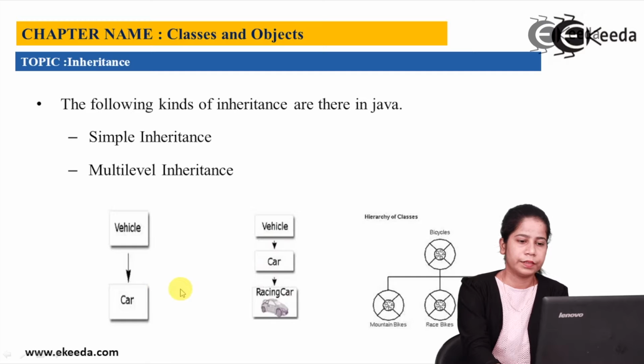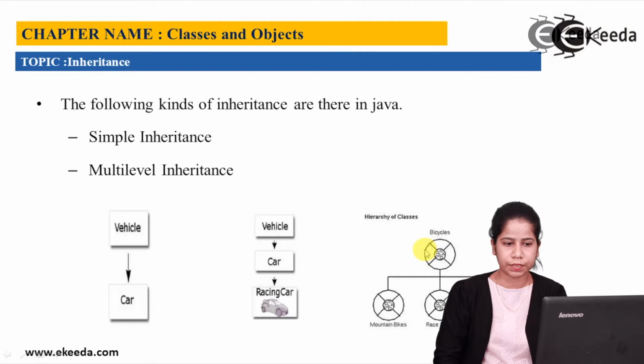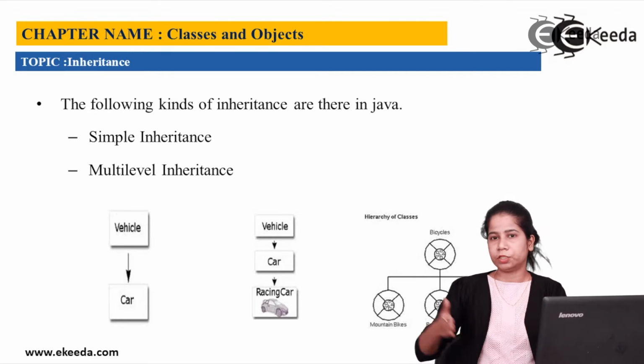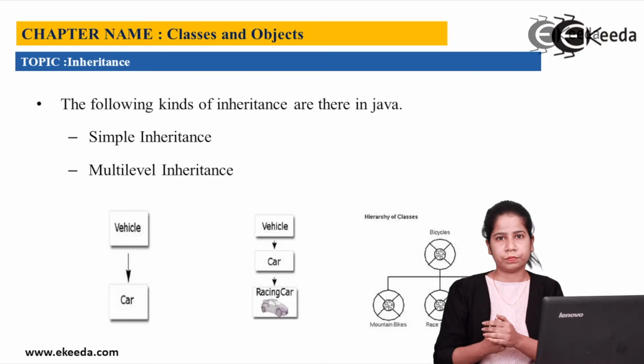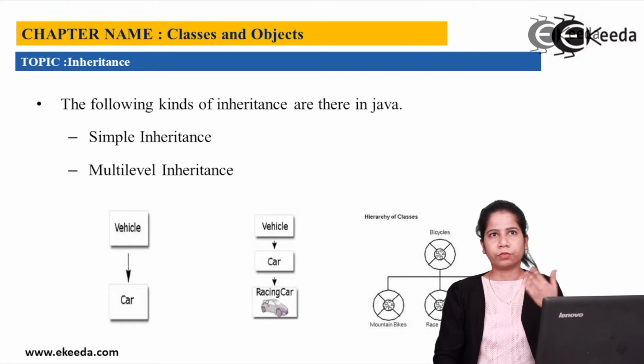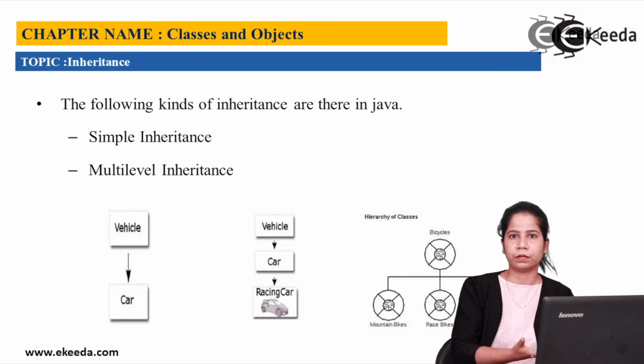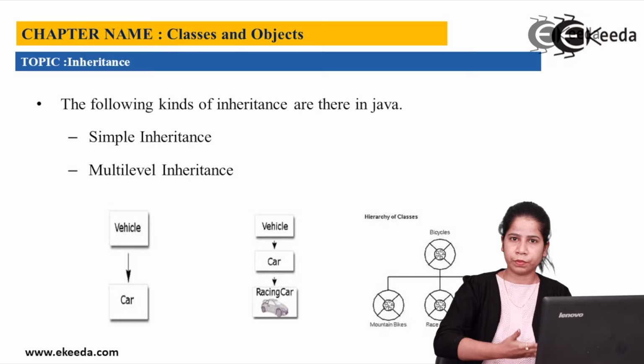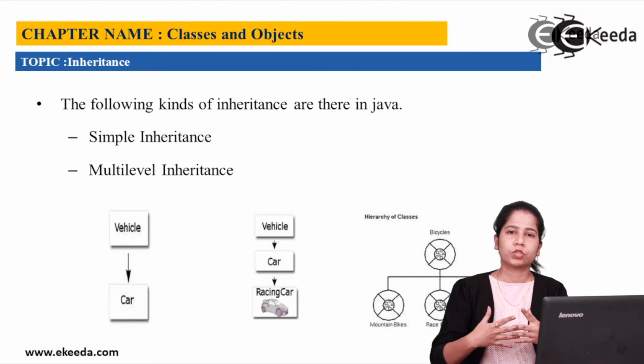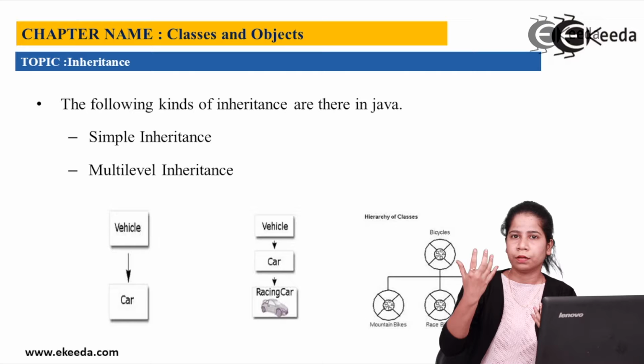Okay. Then we are having hierarchical inheritance over here. Now, hierarchical itself says that there will be one parent and there can be multiple children available. It's like for your parents, you can have many brothers and sisters. So for one parent there will be n number of children available, and all of them are taking